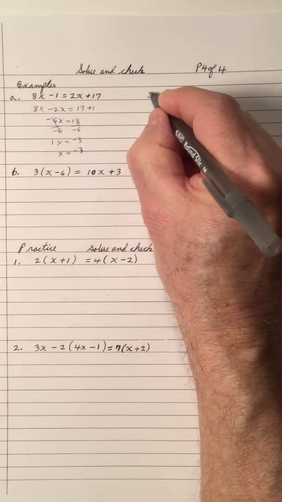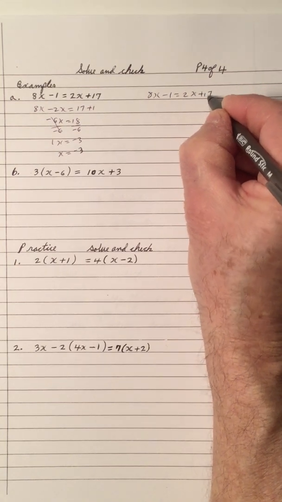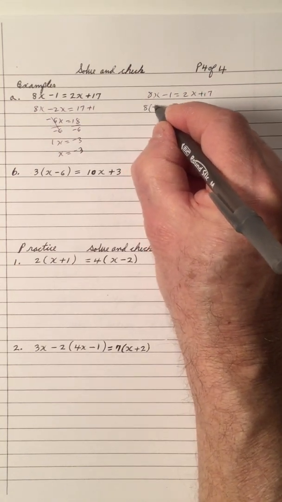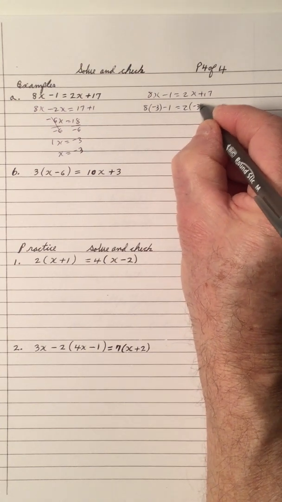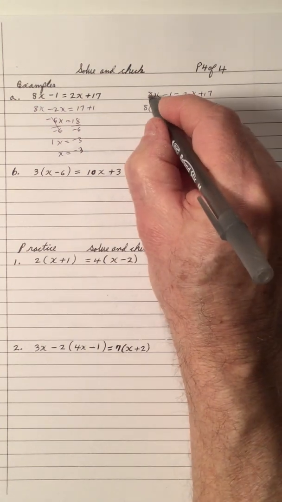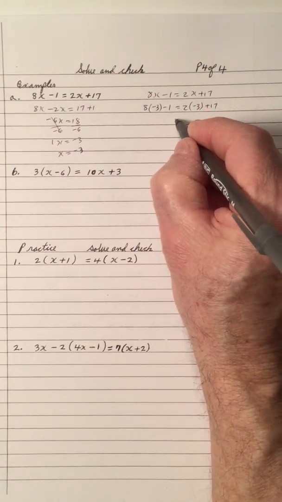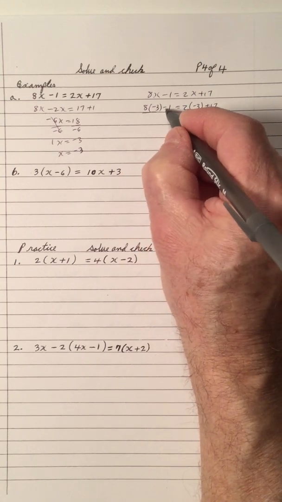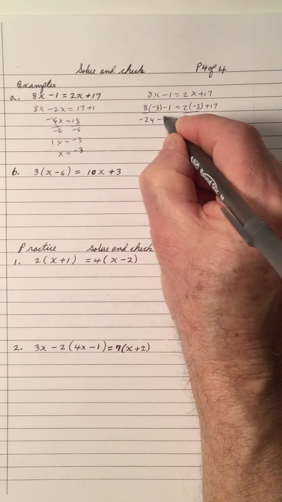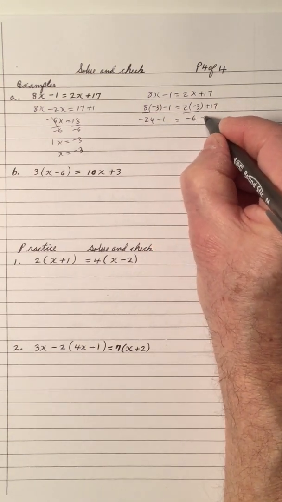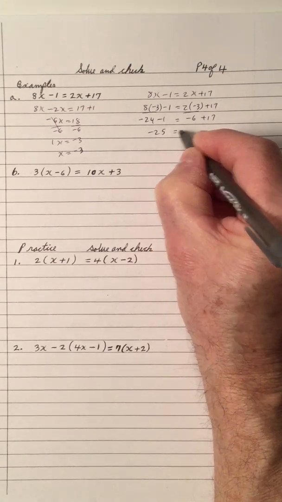And we have to write down the original equation. There's the original equation with no change. Now I put negative 3 in the place of x. Negative 3 goes in a bracket because of the multiplication. 8 times x. So when I work these out on each side, I multiply here before I subtract. I multiply here before I add. Negative 24 minus 1. Negative 6 plus 17. Negative 25 equals,